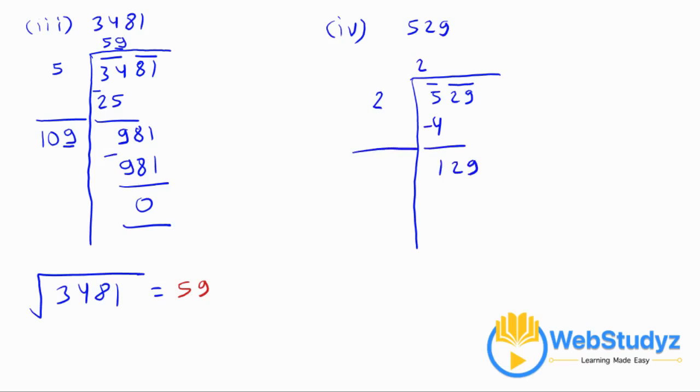Now doubling the quotient we will get 4 and a blank. Now if we take 3 and quotient as 3, we will get 129, which will give us remainder 0. So under root of 529 comes out to be 23. Now move on to the fifth one,